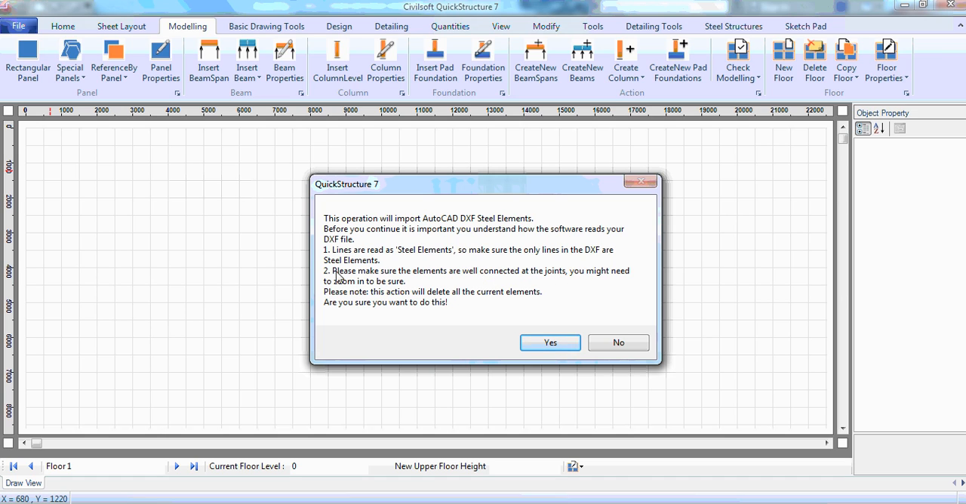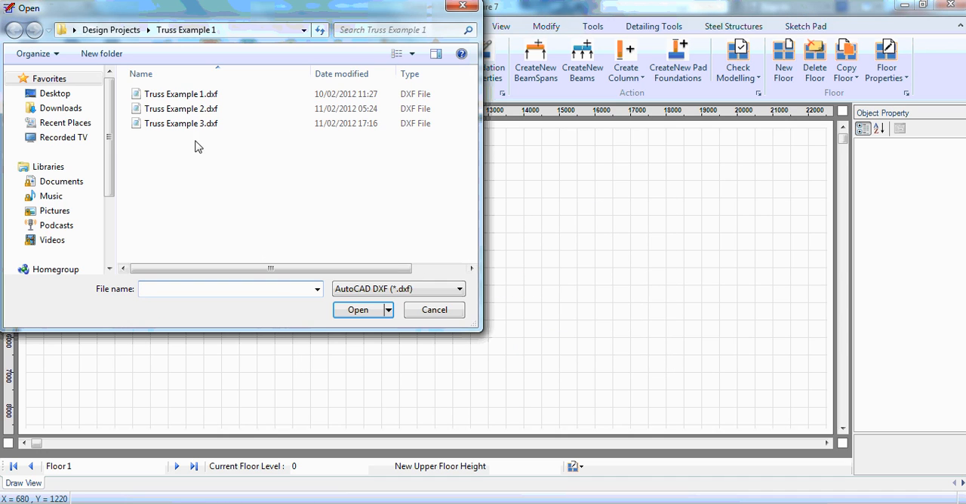You might need to zoom in to be sure, just as I have described and what we just talked about earlier. Okay, please note this action will delete all the current elements. Are you sure you want to do this? Of course we want to do that. Then we'll click yes. Then I will select the earlier DXF I have created, and please make sure you note